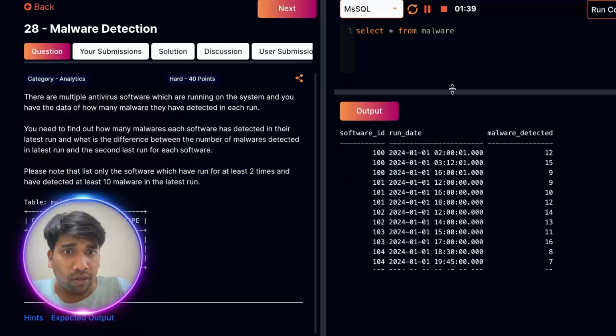Okay, so you can see the table here. We have the software ID, the run date, and malware detected. Let me just show you what we need to do here. So for each software ID, let's take software ID 100, we need to find the latest run and the